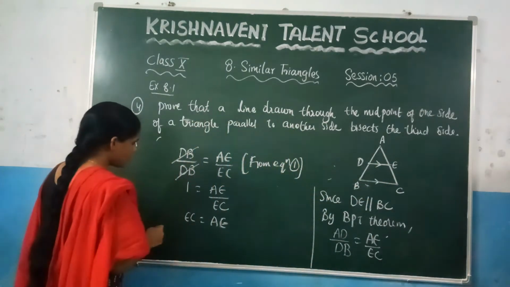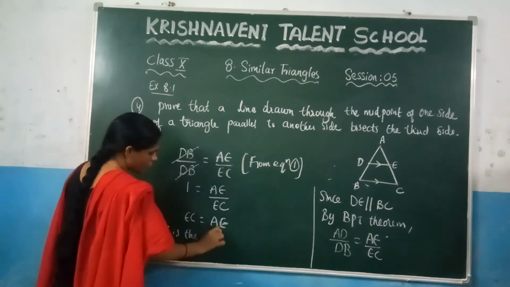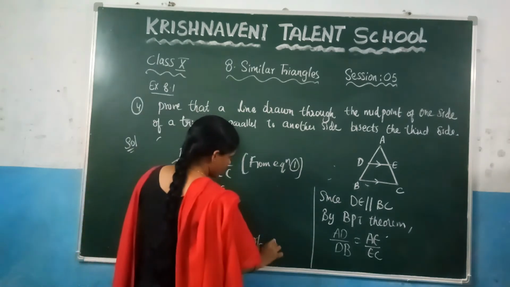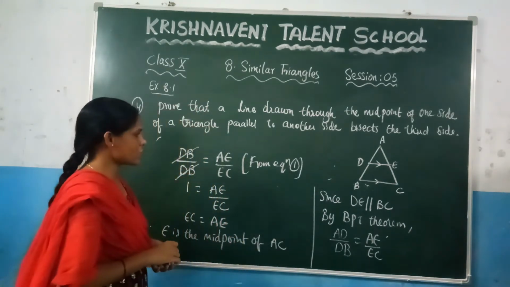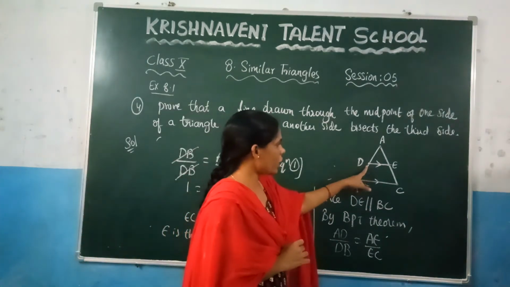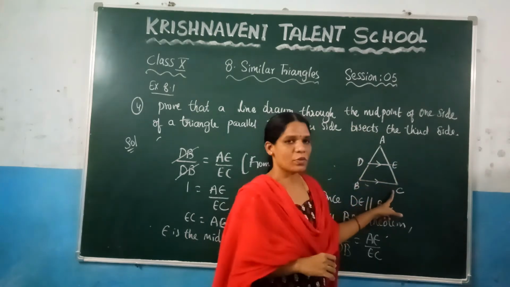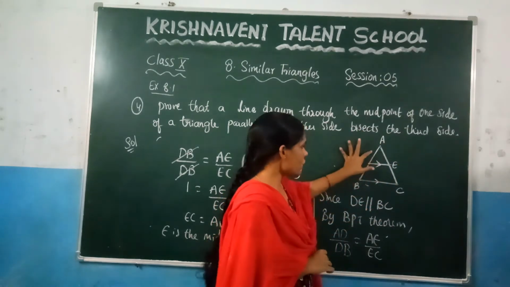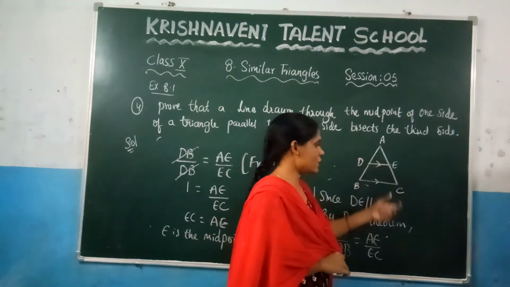Therefore we can write here, E is the midpoint of AC. So here we can say that AC is bisected. So this is the proof of this problem. What have they given here? They have given that D is the midpoint, so we can say that AD is equal to DB, and similarly they have given DE is parallel to BC. So you can write AD by DB is equal to AE by EC. And you know that these two lengths are equal. So in place of them you can substitute, so that you will get AE is equal to EC.